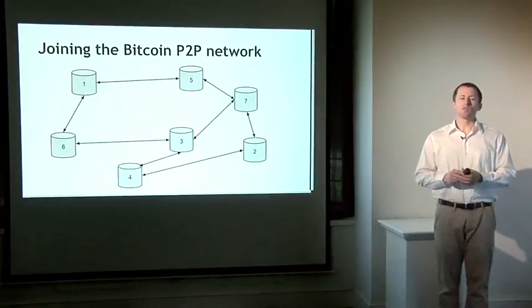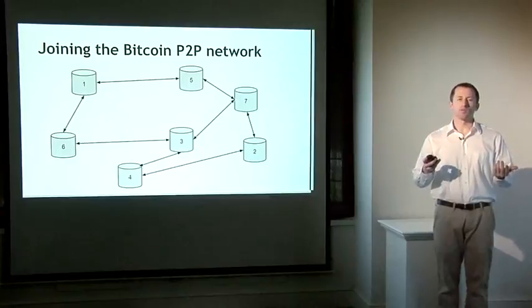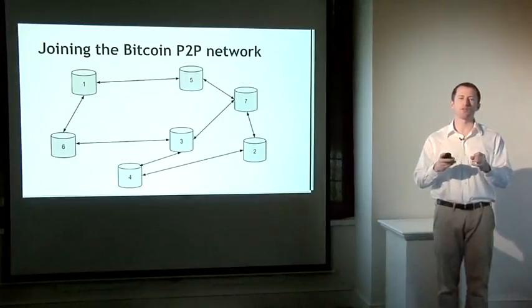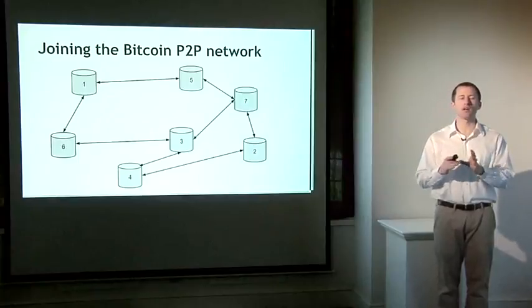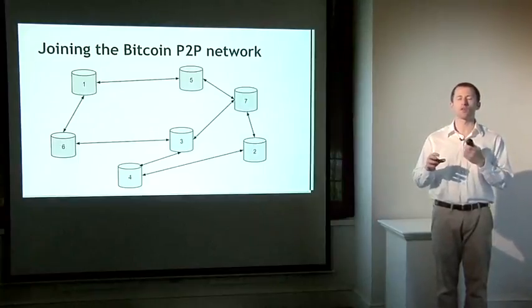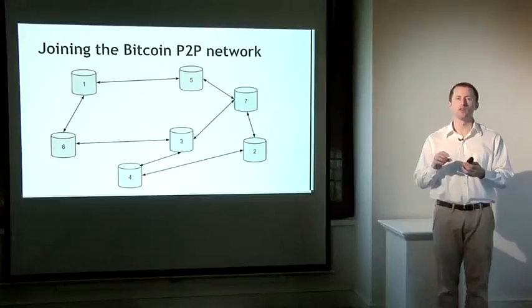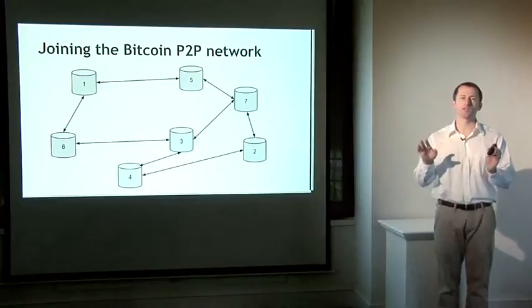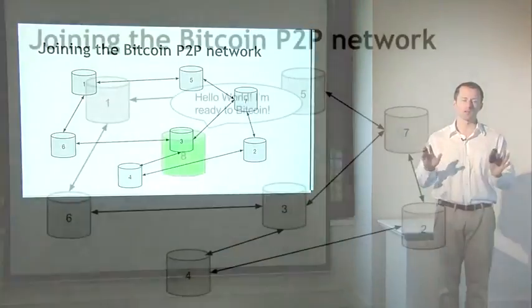So what does it mean that you can simply join the Bitcoin peer-to-peer network at any time? Well, this is a picture of the network at one moment in time, obviously scaled down quite a bit with just 7 nodes, but this is what it might look like, 7 nodes with all random connections to each other. And notice that the numbers are scattered around here because there's no geographic topology. Networks connect to other nodes in a random fashion by design.